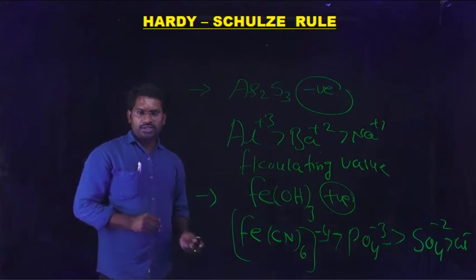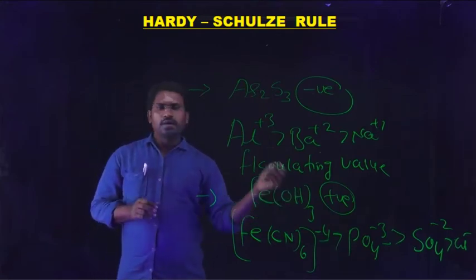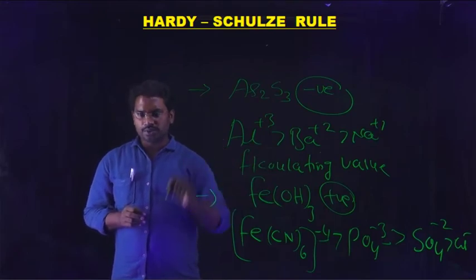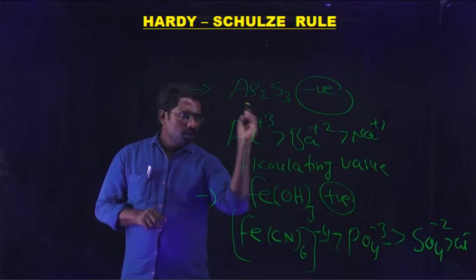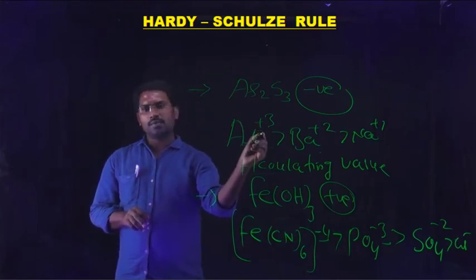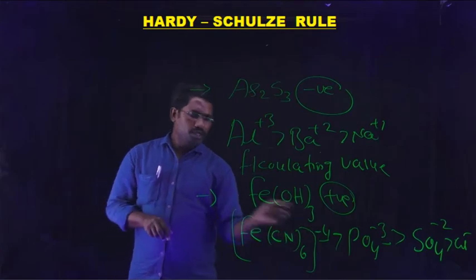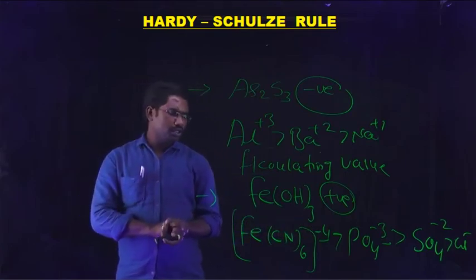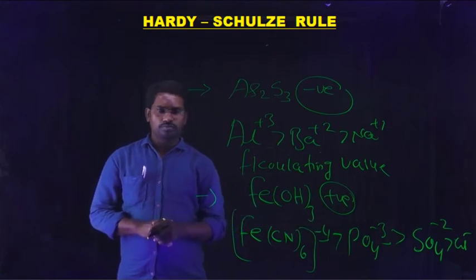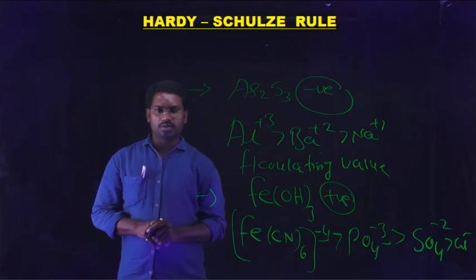For the coagulation of a positively charged colloidal solution, we are adding negatively charged electrolyte species to the given colloidal solution in the order of minus 4, the biggest one, then minus 3, next minus 2, and next minus 1. The same manner is applicable here also.